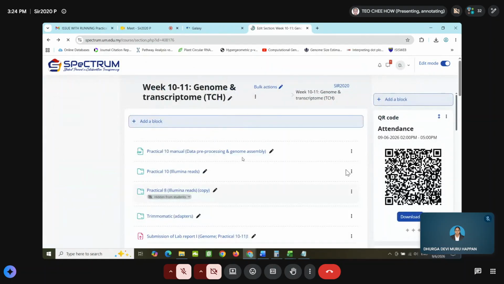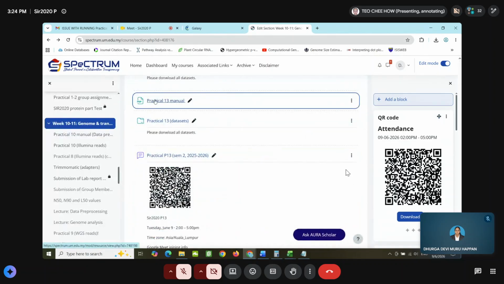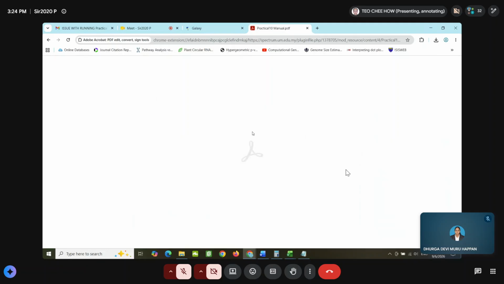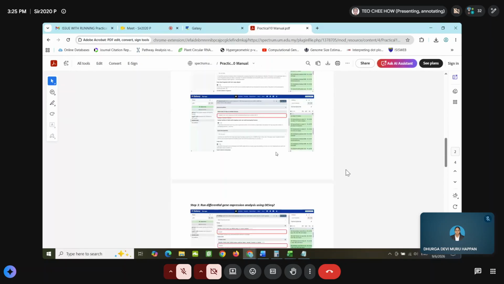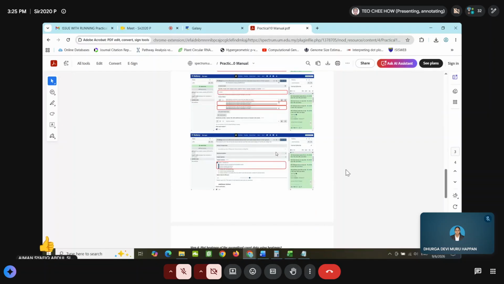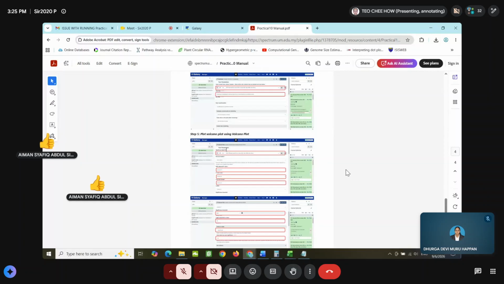Yeah, the manual for today's practical: how to use the volcano plot and heat map.